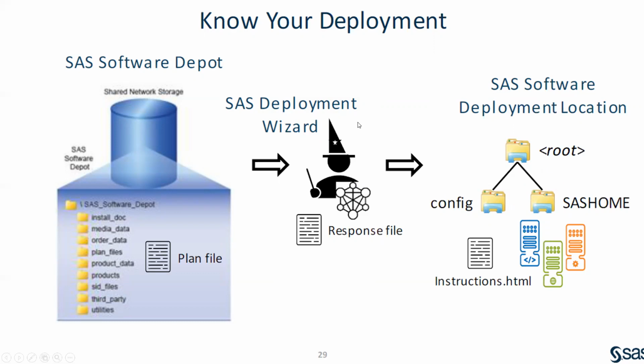If you want to install only the base SAS in your system, I have a SAS software of some 45, 50 GB. So no need to share that 50 GB with you. So just deploy only the base SAS. So it will be around 4 or 5 GB only. Then I can share that 5 GB with you very easily so that you can install the base SAS software in your system. Okay. So we can share the software by deploying into different parts, and we can install in different systems. Like some people, they need the DI Studio. Okay. Some people, they need only client IDs, web IDs, like that. So based on that, we have to subset them.